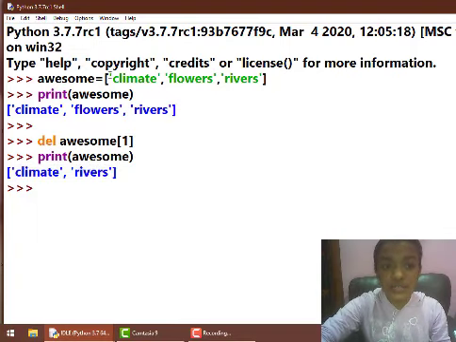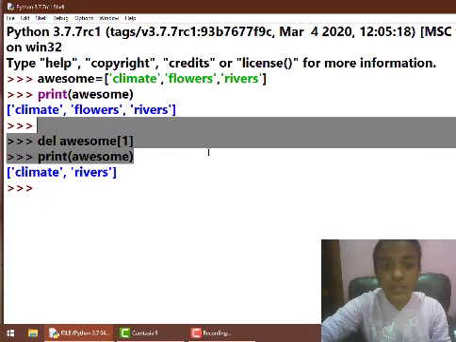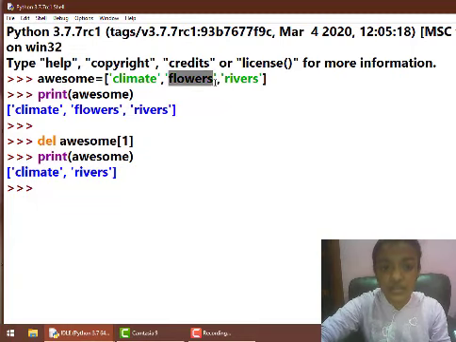Our original list included climate, flowers and rivers, and since we told Python to delete index number 1, and index number 1 carries flowers, Python has deleted flowers and given us the rest of the list, which is climate and rivers. That's it.